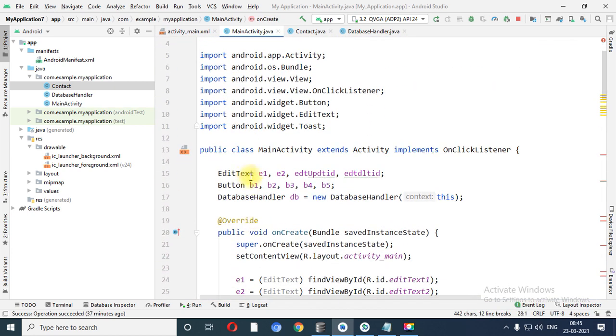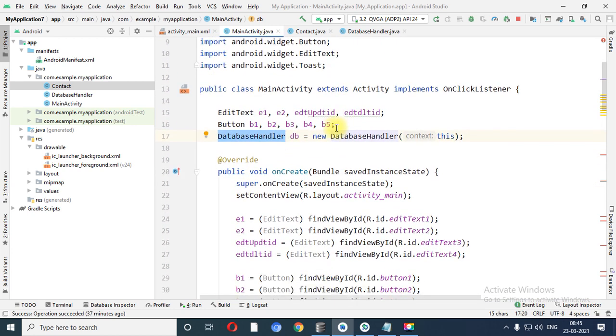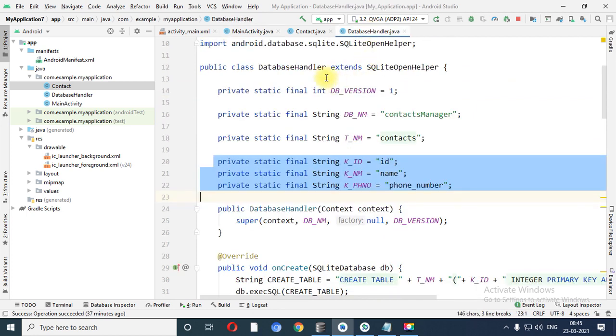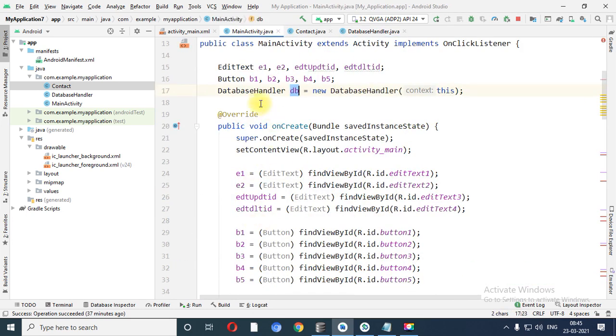So for the first time, when this program is executed, I have created the object of the database handler class. So database handler is declared over here, right? So db equals new database handler, in brackets this, right?